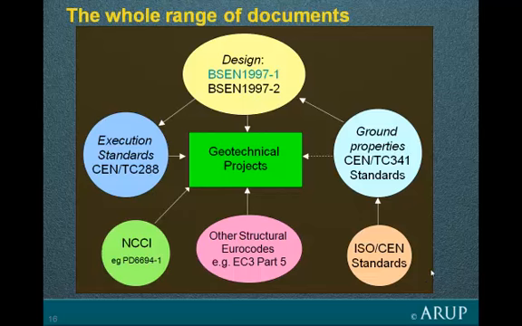So those are some of the ground investigation documents. Over in the bottom left-hand corner of this diagram we have NCCI. These are the so-called non-conflicting complementary information. Each Eurocode is allowed to name some information of this type, non-conflicting complementary information. A particular one that's been written for British use is PD